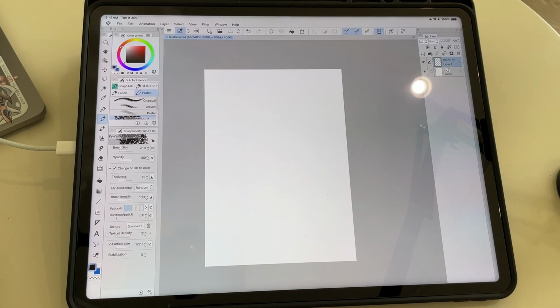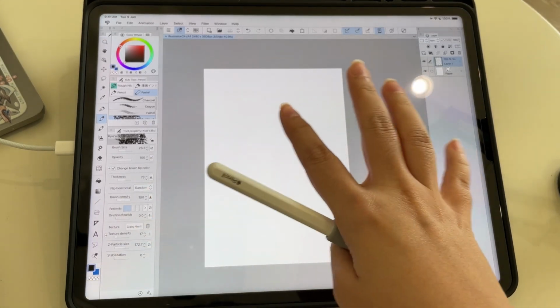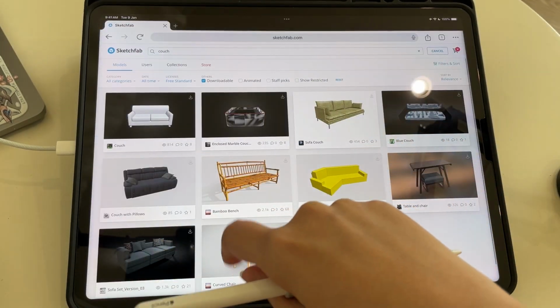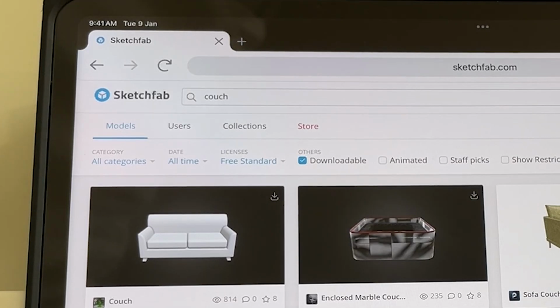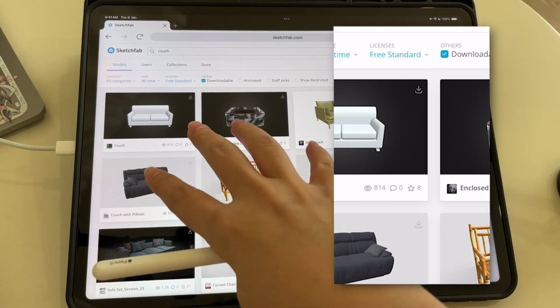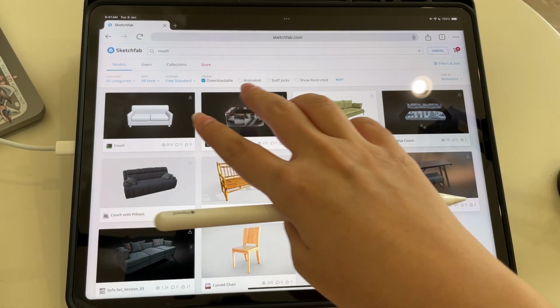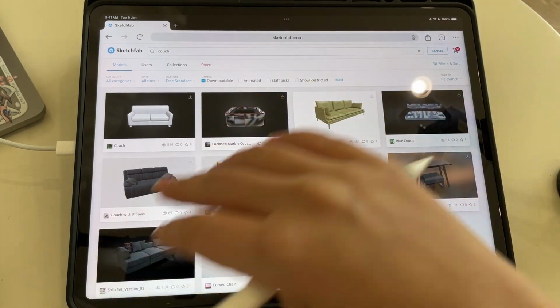Next up, just like ABR files, you can also import 3D files that aren't from the asset site. If there are any places that you can find completely free and downloadable 3D models, you can import them into Clip Studio Paint as well. Usually I go into sites like Sketchfab because there's a lot of free downloadable stuff. But if you're going to use any of these, make sure that the license is free. Don't do anything that you're not allowed to use for personal or commercial or otherwise.